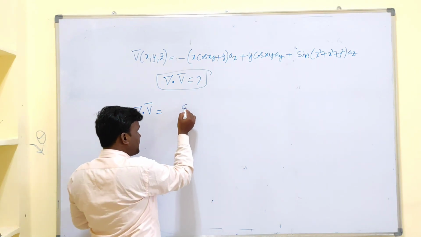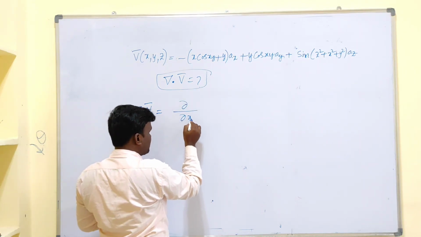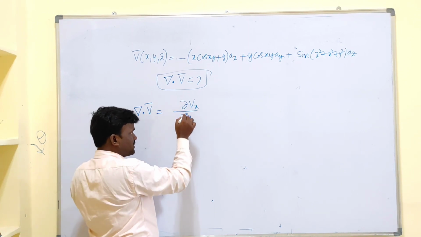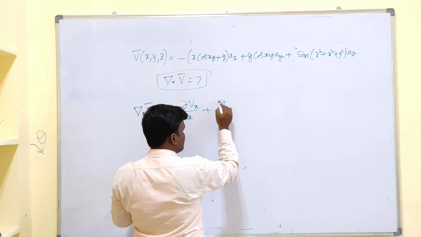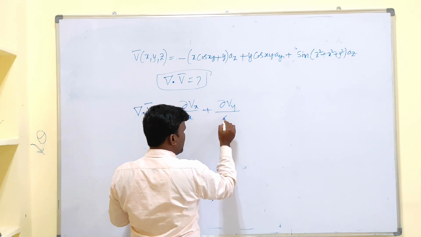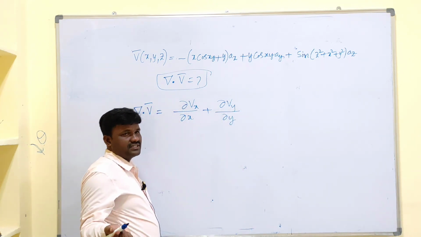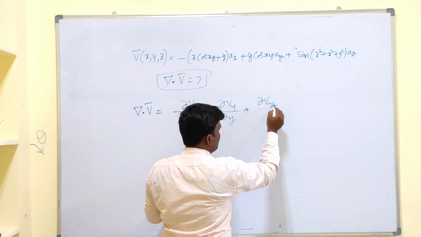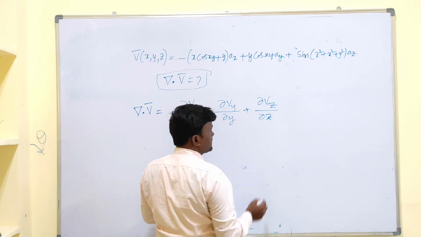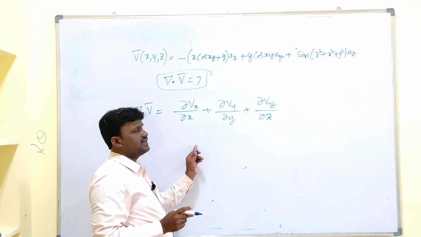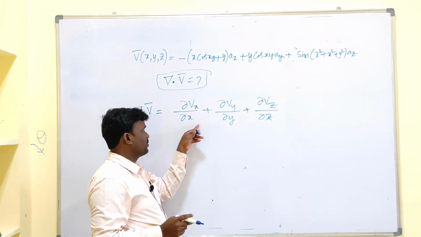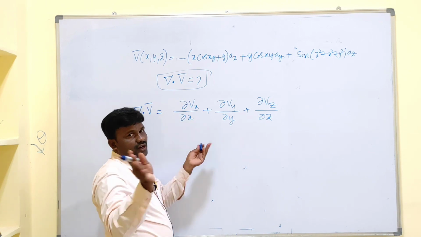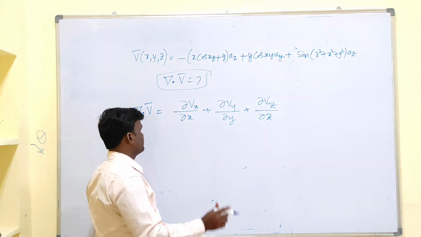That means if you take partial differentiation with respect to x, here we need to take what? X component of given vector, that is vx, dou vx by dou x, plus for the y, dou vy by dou y. For z, similarly, it is what? Dou vz by dou z. Once again, I am repeating, it is a partial differentiation. Means if you perform this differentiation, then except x, remaining components are taken as constants.